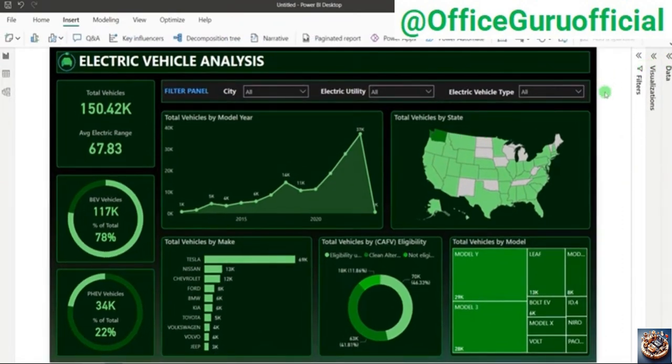All right. So in this way, guys, we have designed our entire dashboard, and here you can see this is the beautiful dashboard. I hope you have learned so many things from here. You have learned different functionalities, how to design a dashboard, how to formulate, how to generate insights, how to read the